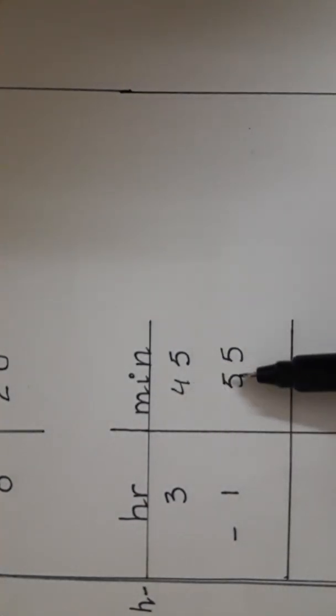Okay students, this question is a little bit different. As you know that 5 minus 5 is 0, but 4 minus 5 we cannot, so we cannot take carry from this side. Students, as you can see that 45 minutes are not enough. You can see that 45 and 55 minutes, and 55 minutes cannot be subtracted from 45. So therefore we borrow 1 hour, means 60 minutes, from this side. 1 hour means 60 minutes. When it comes to this side, it will become 60 minutes.